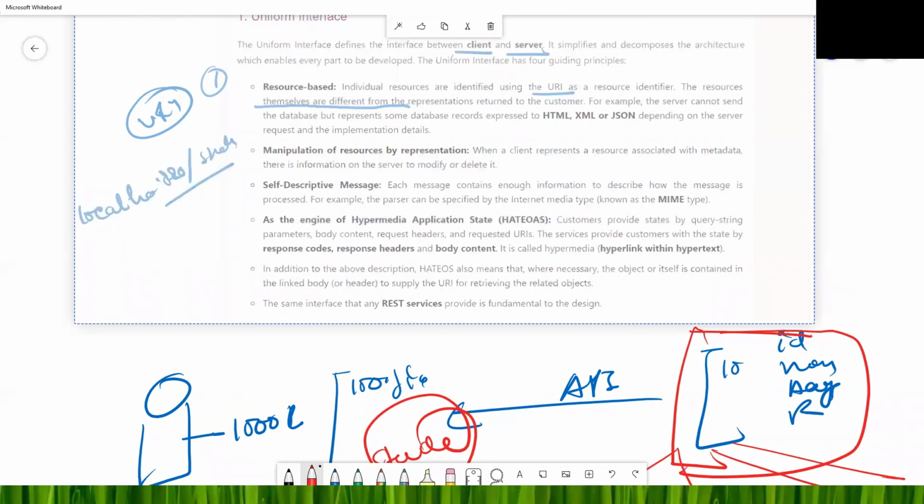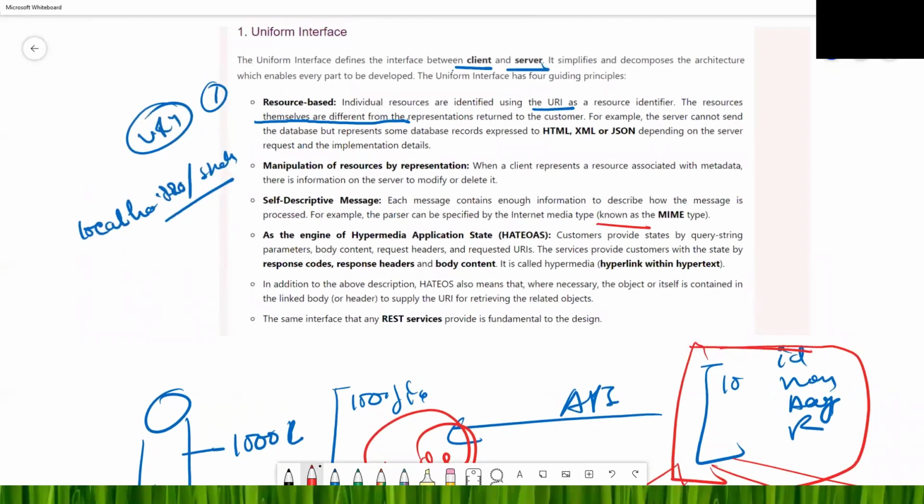So these kinds of MIME types tell how the server should behave, or the kind of data type produced. Then there is HATEOAS,